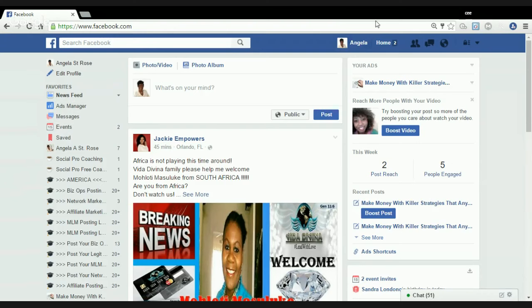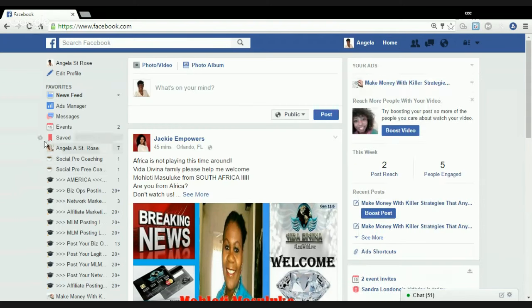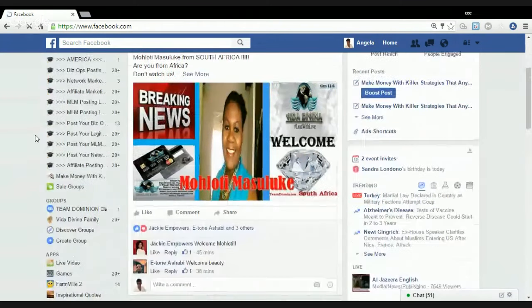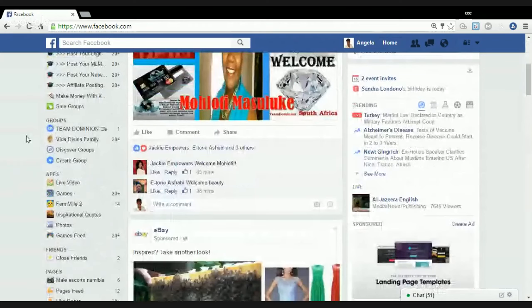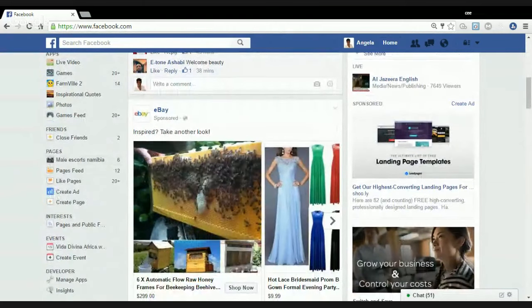So what you need to do is you go to your Facebook page and you click on home and scroll down, you're going to find where it says create page somewhere here on the left side of your screen. You see where it says pages right here? It says here create page. So we're going to click there,